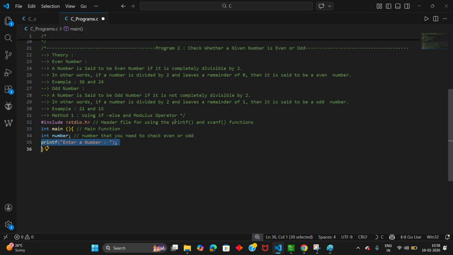And then we need to use a print statement for someone who is going to see your code. It should be understandable to them as well, or else when you see your own program after several years, you also need to understand it. So you need to use this type of statements in between the code.